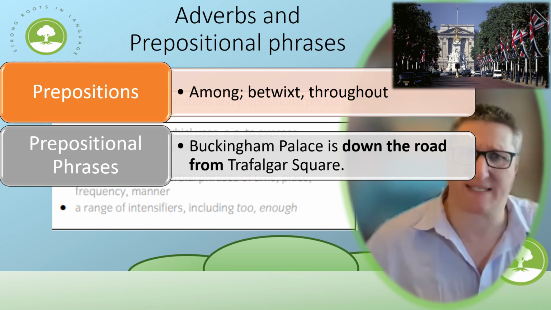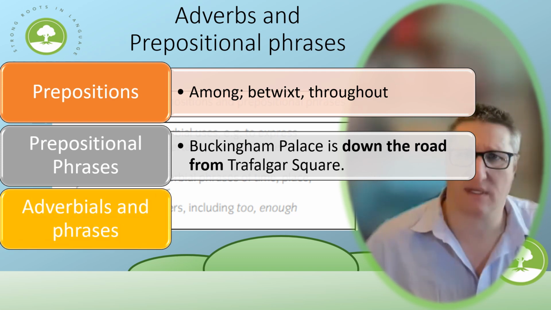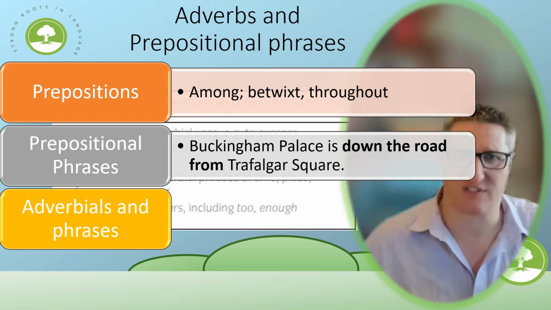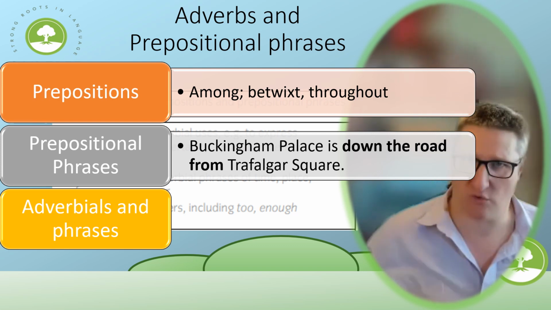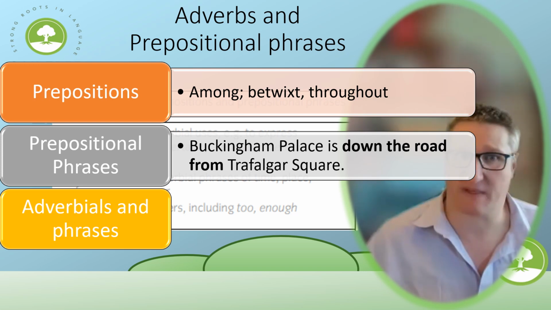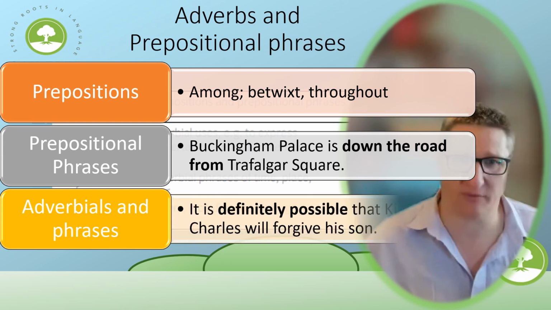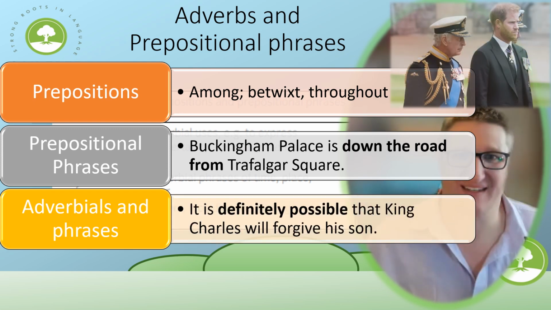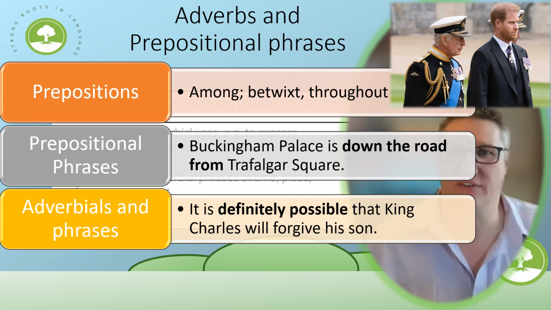You will be expected to employ a wider range of adverbial phrases. There they are. In a range of functions, and that means groups of words which modify a clause. Functions might include possibility and certainty. Perhaps Harry will return home. It is definitely possible that King Charles will forgive